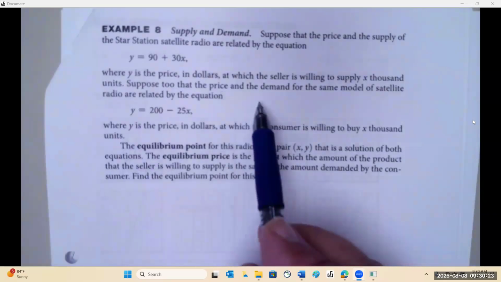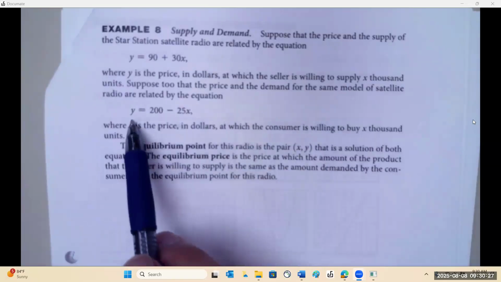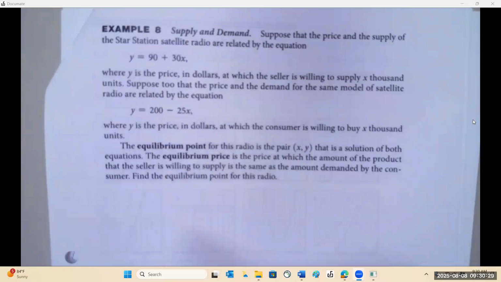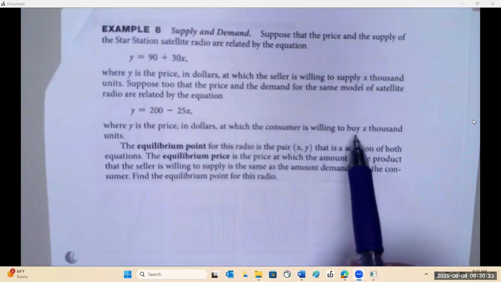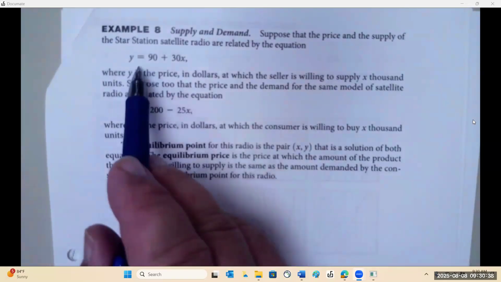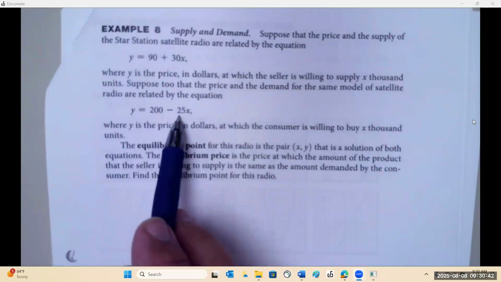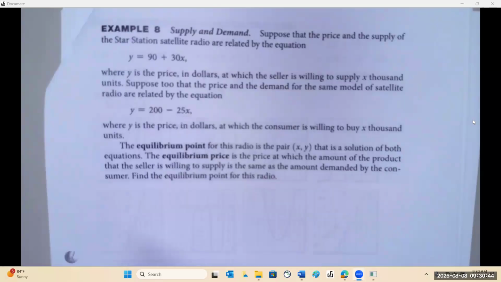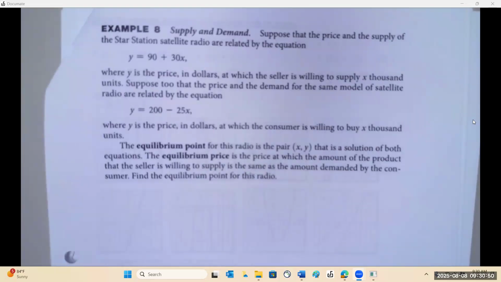Suppose too that the price for the demand of the same model of satellites is y equals 200 minus 25x, where y is the price at which the consumer is willing to buy. So this is what the store is buying them at. This is what they're selling them at. You see the markup? The equilibrium point, the point in which the supply and demand